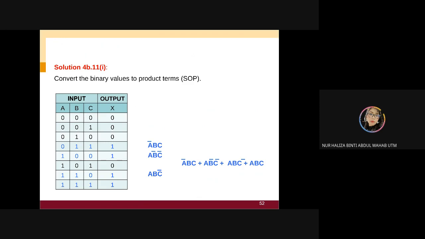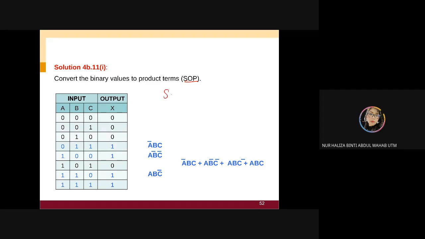Satu soalan je, dia kata SOP only. So senang, you can directly convert it to SOP